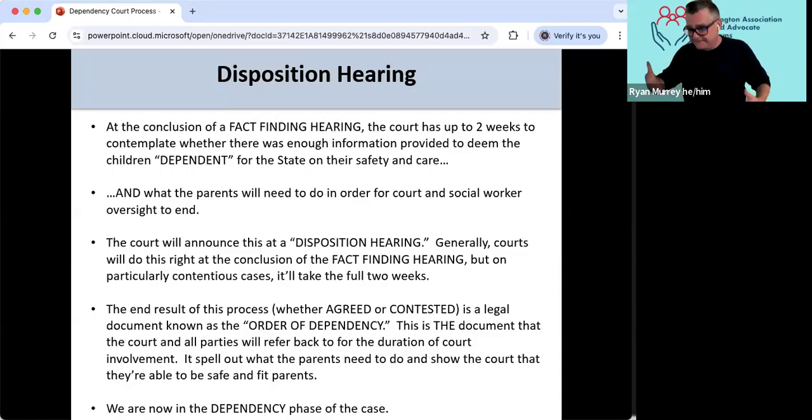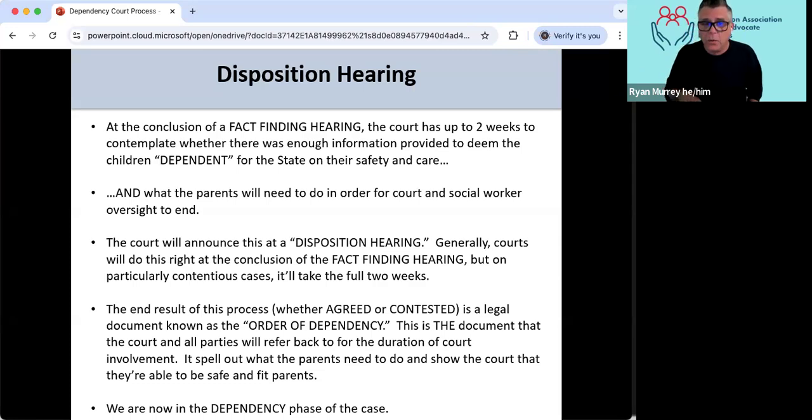After that hearing, we're at the end of it. So everybody's made their case: the state, the parents, and the guardians ad litem have weighed in. At the conclusion of a fact-finding hearing, the court has up to 2 weeks to contemplate whether enough information was provided to deem the children dependent on the state for their safety and care.